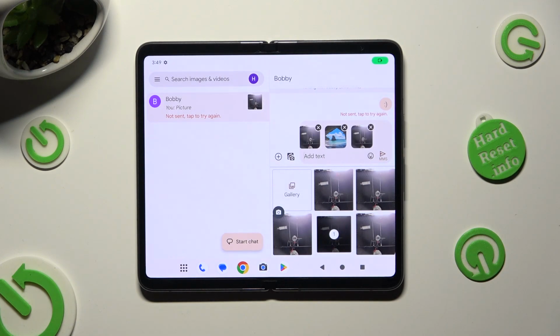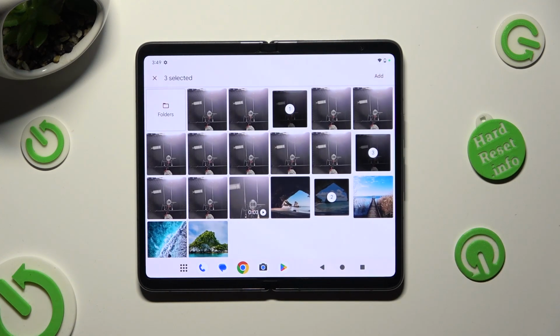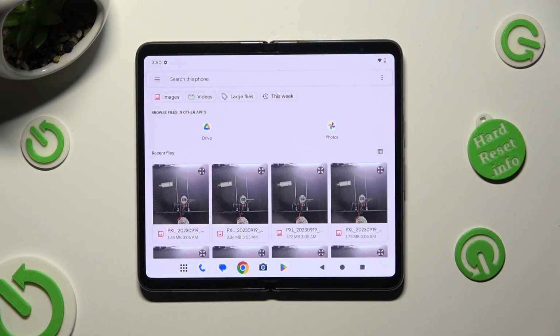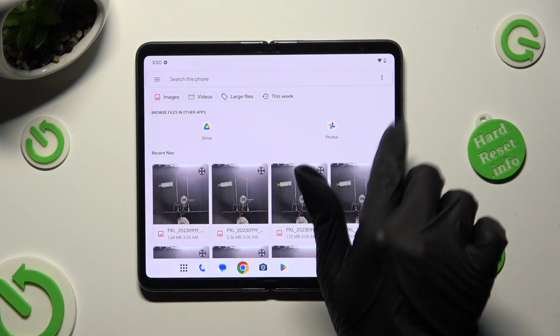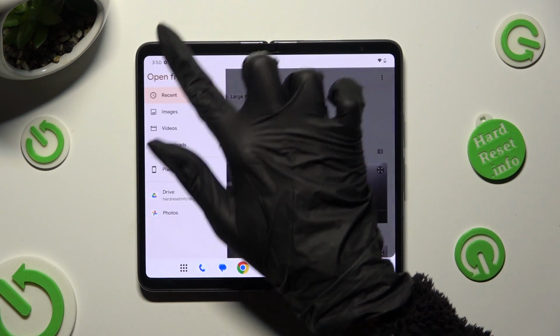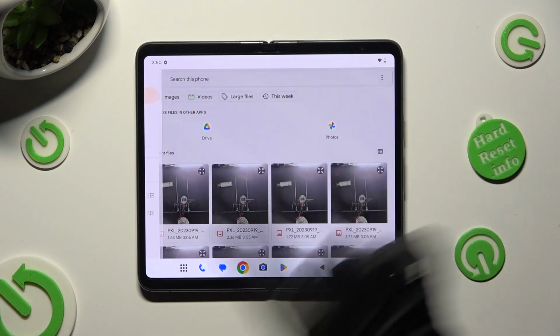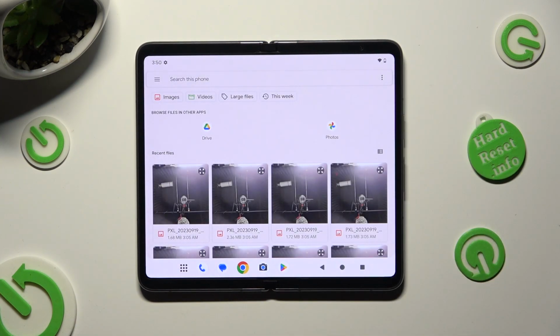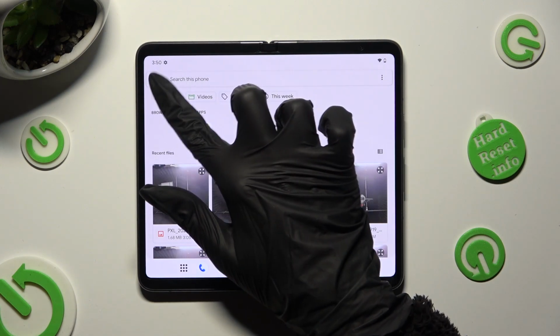You can also click on Gallery, select Folders, and look for your photos over here by tapping on one of the available apps, one of the available sources at the top left corner, or simply clicking on Images at the top